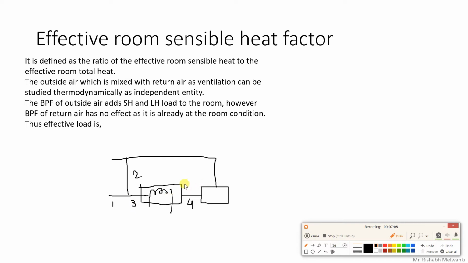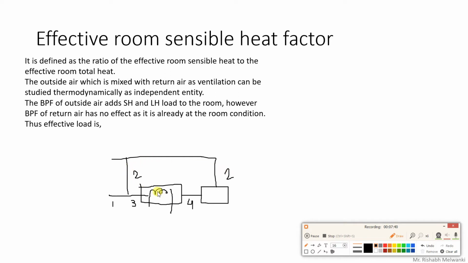Okay. Now, if you consider bypass factor, here what will happen? Recirculated air is there. Now 0.2 is called room design condition, meaning we design the air conditioning system to achieve 0.2. So if you consider the same air which is recirculated over here, that 0.2 air, it will not have any load effect on the cooling coil because we are circulating the same room design condition air.